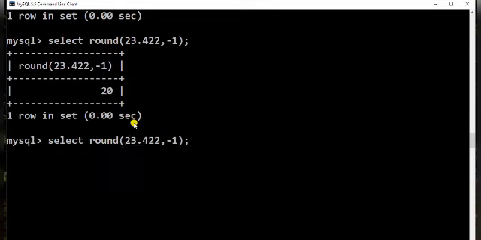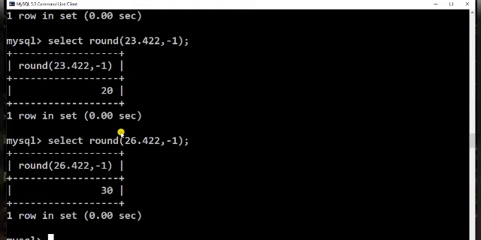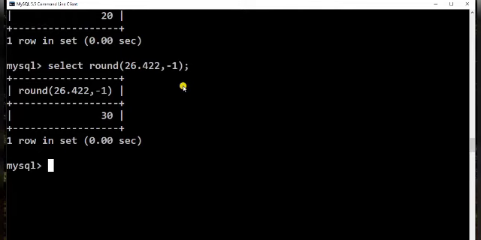Instead of 23, let us have 26 here. 6 is greater than 5, and even 25 would increase the tens place number. I hope it is clear. Because -1 is a negative precision, it considers the digits on the left, and since this is greater than 5, it has increased the value of this number.